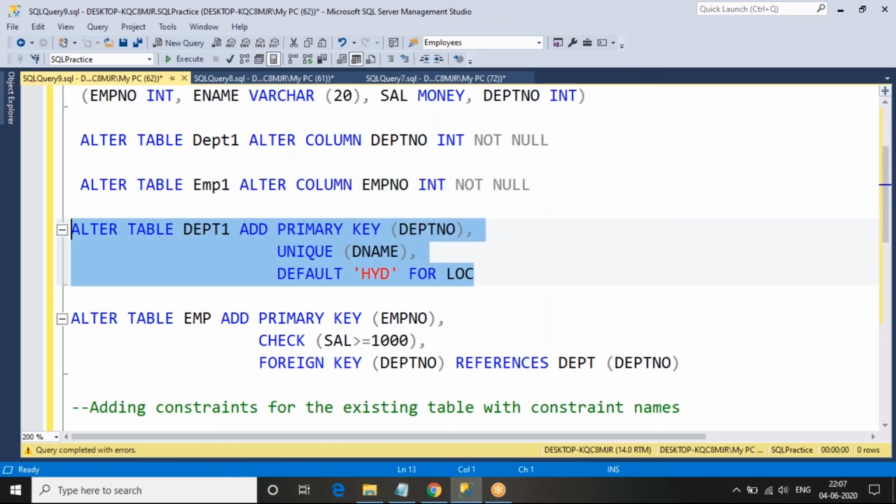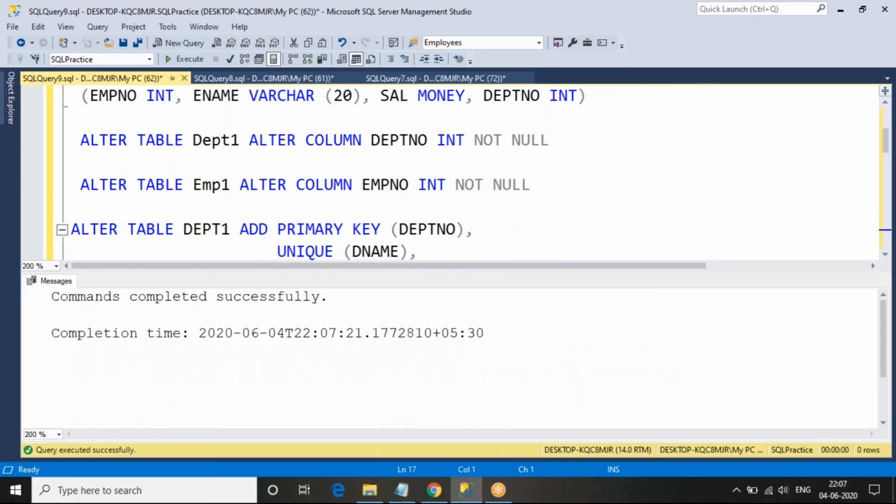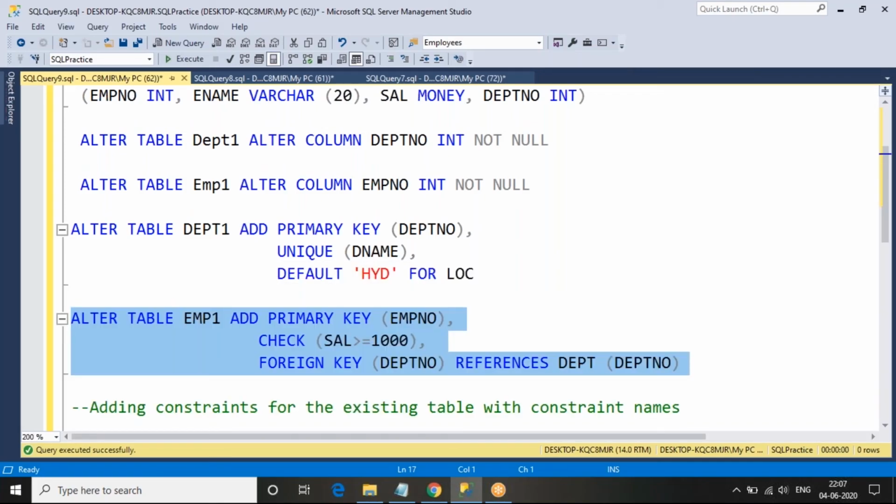Now you can observe this part. It will get executed because we can give the same for the department table as previously, and you can check the employee table also. The same way we can create an employee table. These queries show how we can add a constraint on an existing table, not a new table. We can create a constraint at the time of creating a table or after creating a table. This part is after creating a table.